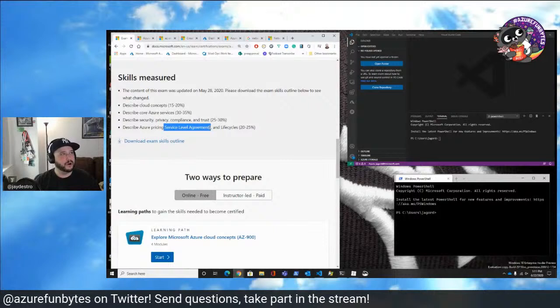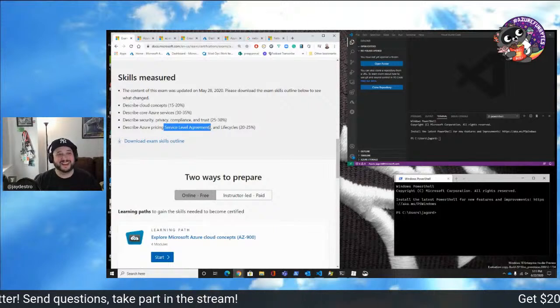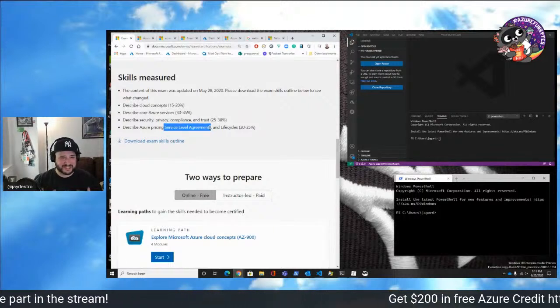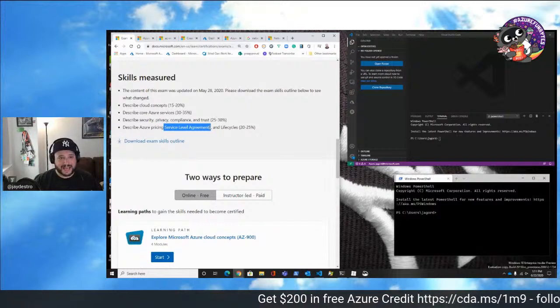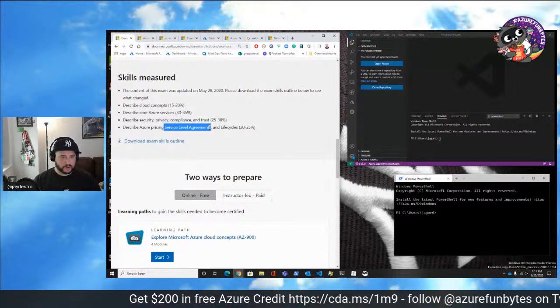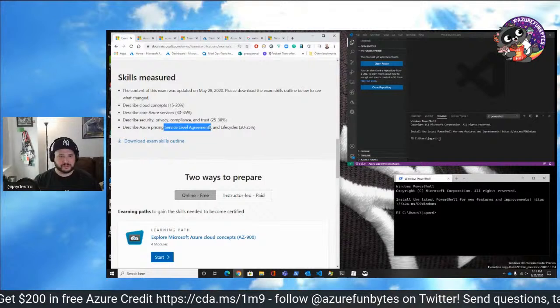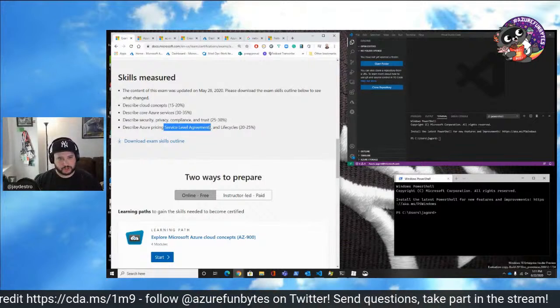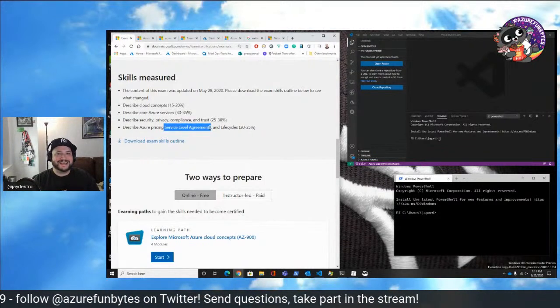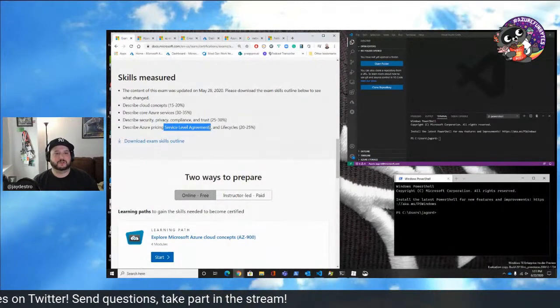It doesn't matter what you're using. Almost every SaaS that exists out there has some sort of service level agreement, almost every PaaS, platform as a service, every infrastructure as a service. It's almost necessary to always have a service level agreement.